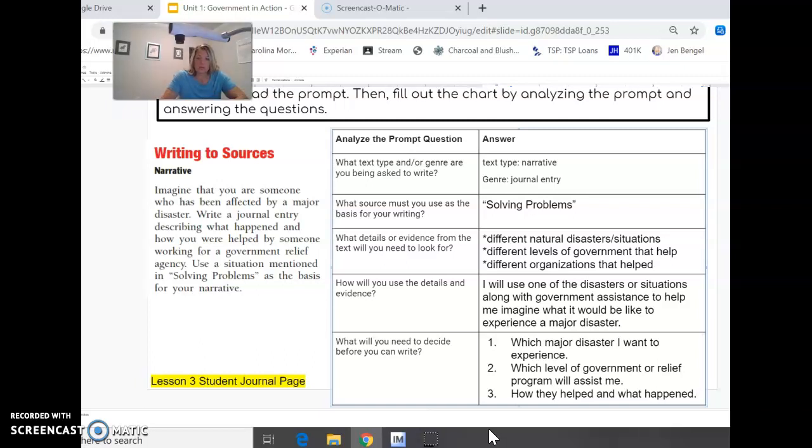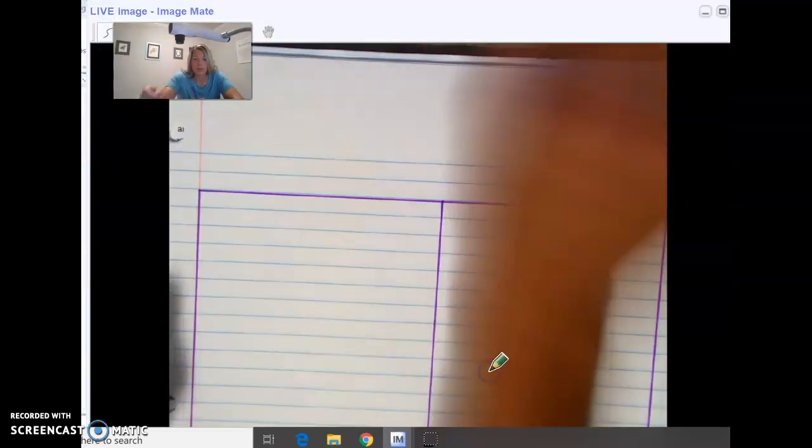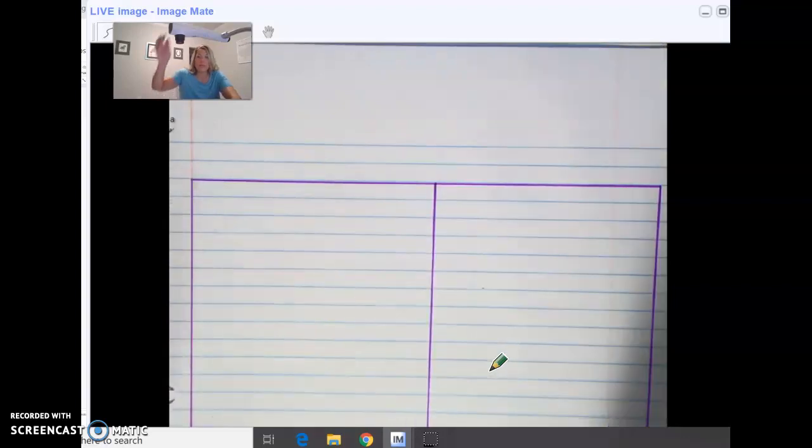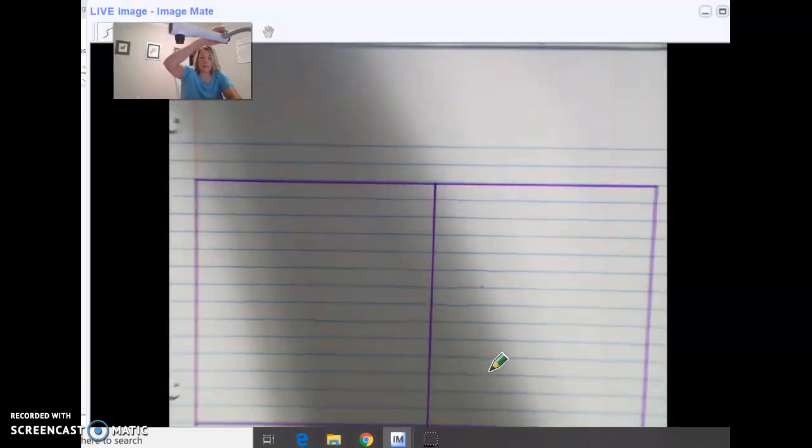So to plan our story, we're going to use this chart as well as create a graphic organizer in our text. So I am going to pull up my notebook so that you can see, and I want you to do this so you're prepared when you get to class to kind of start working it out. I have created, back up a little here,